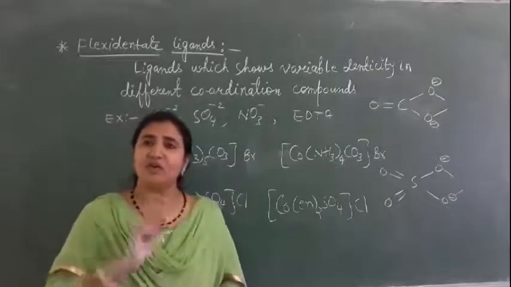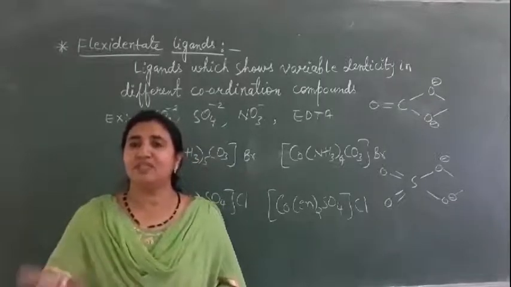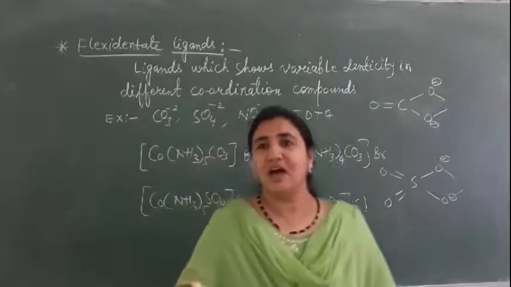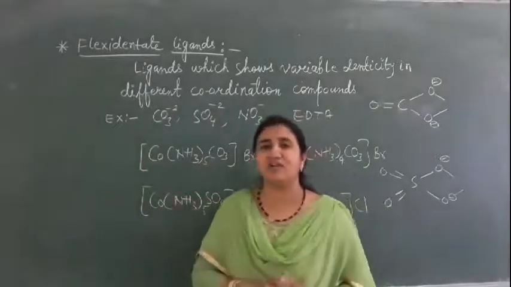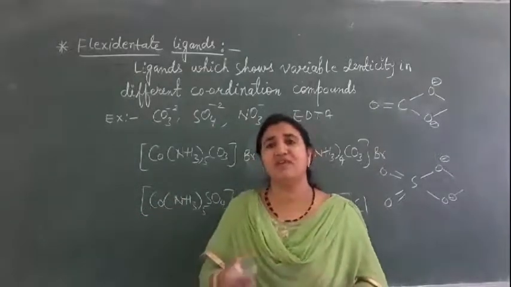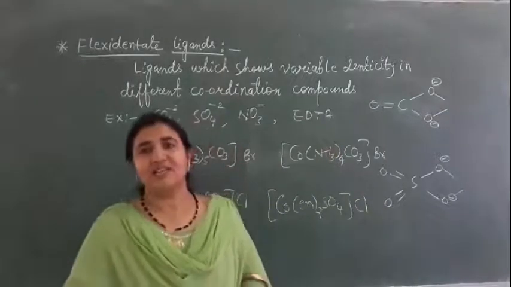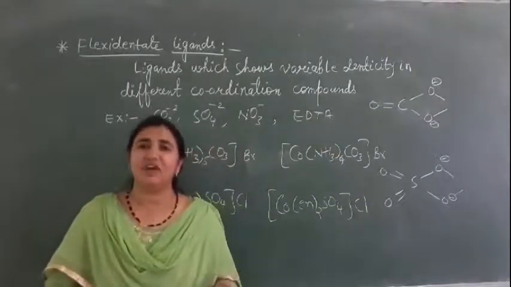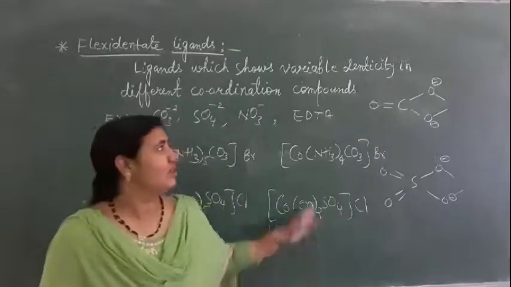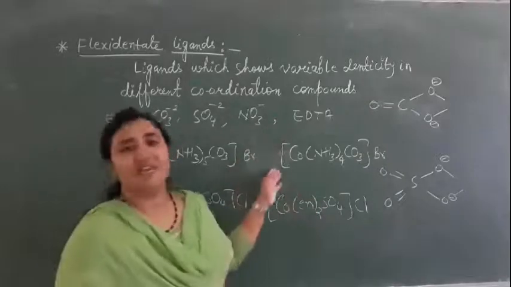You are also flexible here. If you are in college, you compulsorily have to attend the class. But now you are watching online classes, or this offline video. These are YouTube videos, so it is your wish: if you wish, you will watch; if you don't, you will not watch. But if you are in college, you regularly have to attend the classes. So you are also flexible now at home. Similarly, this is a flexible ligand here.